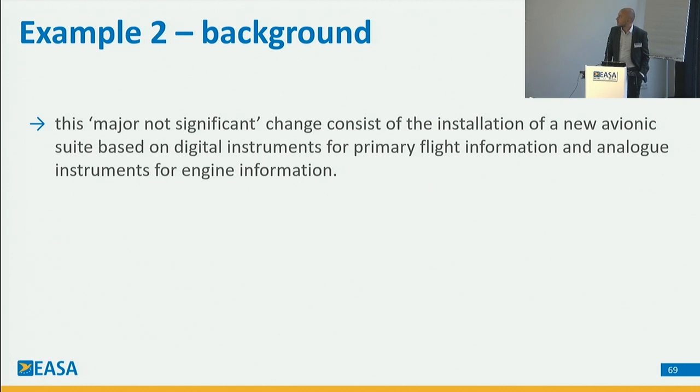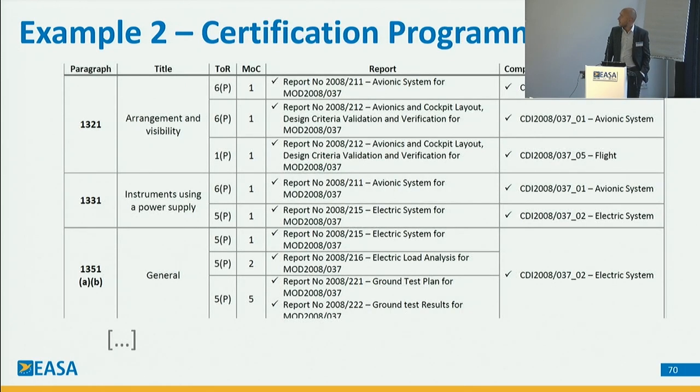So the second example is for an avionics change which installs a new avionics suite based on digital instruments for primary flight information. In this case, the power plant instruments are displayed through analog displays. Dimension that we have not seen before. Here you have the compliance checklist